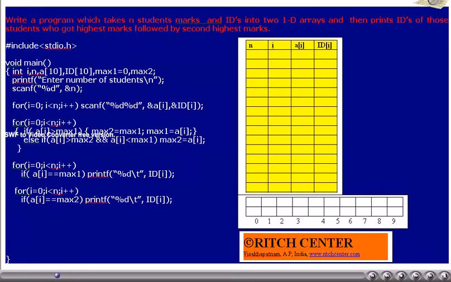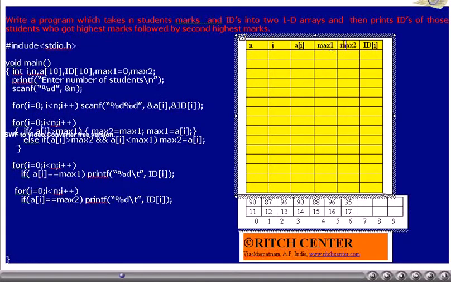Let us try to simulate this program with n value as 7. I value is initialized to 0.